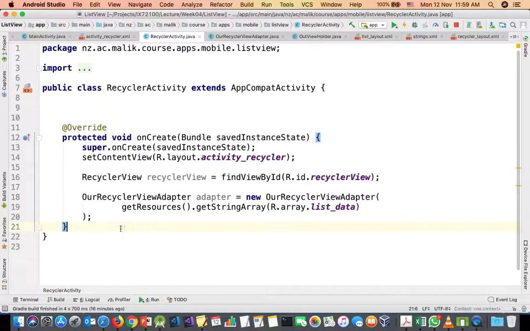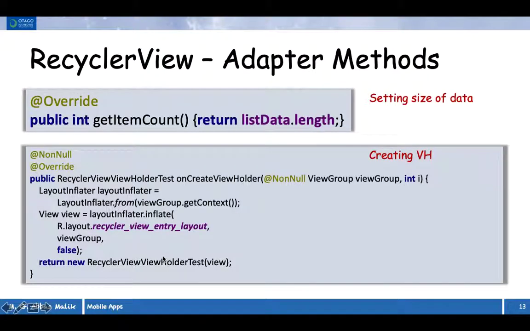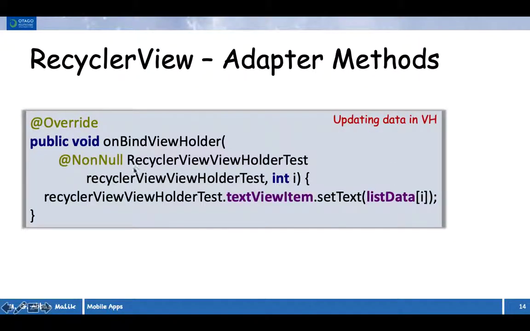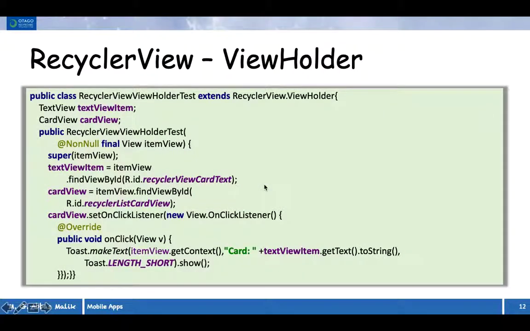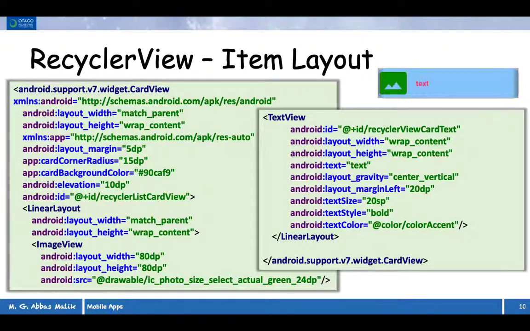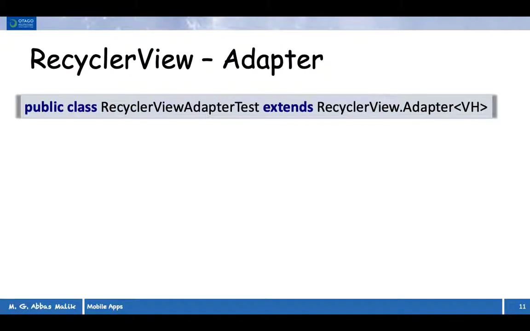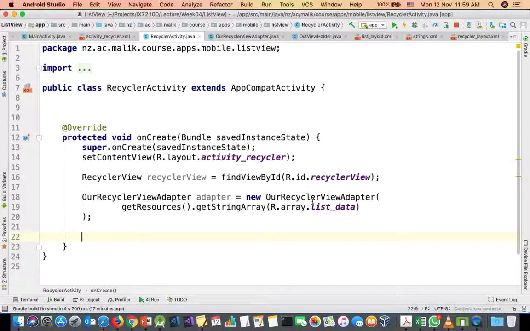Okay, fine, we created that one, and now what we need to do? So what we are saying is okay, overridden methods on bind view, on this one recycler view. We also need to provide, okay, so let me see that we need to say layout inflator, we need to get that particular layout inflator. So what is that? First of all we need to say our,